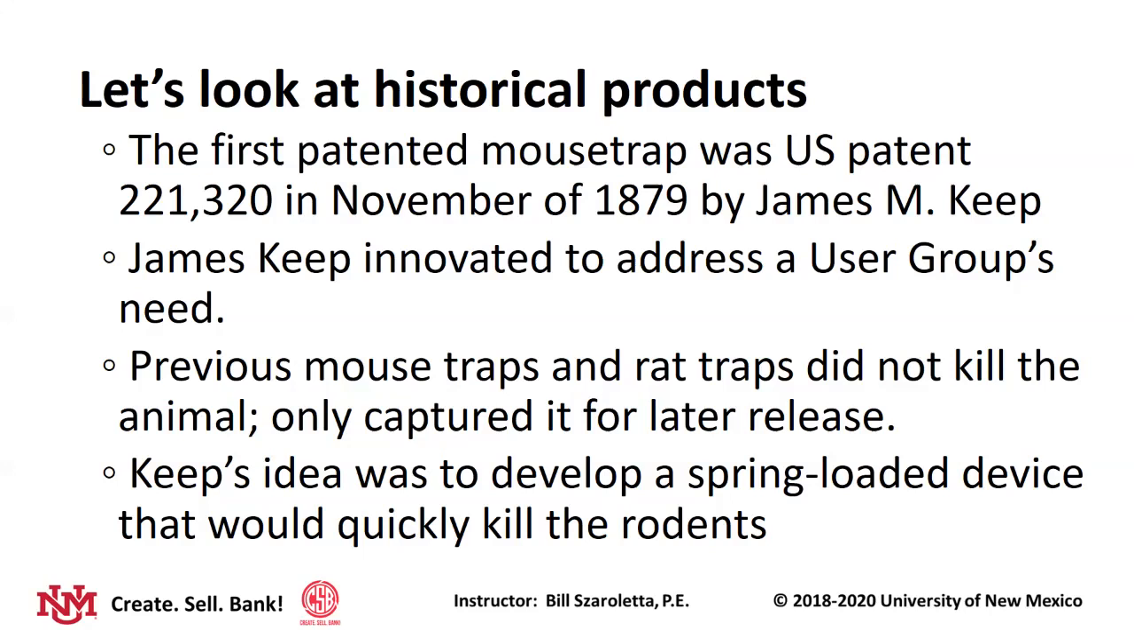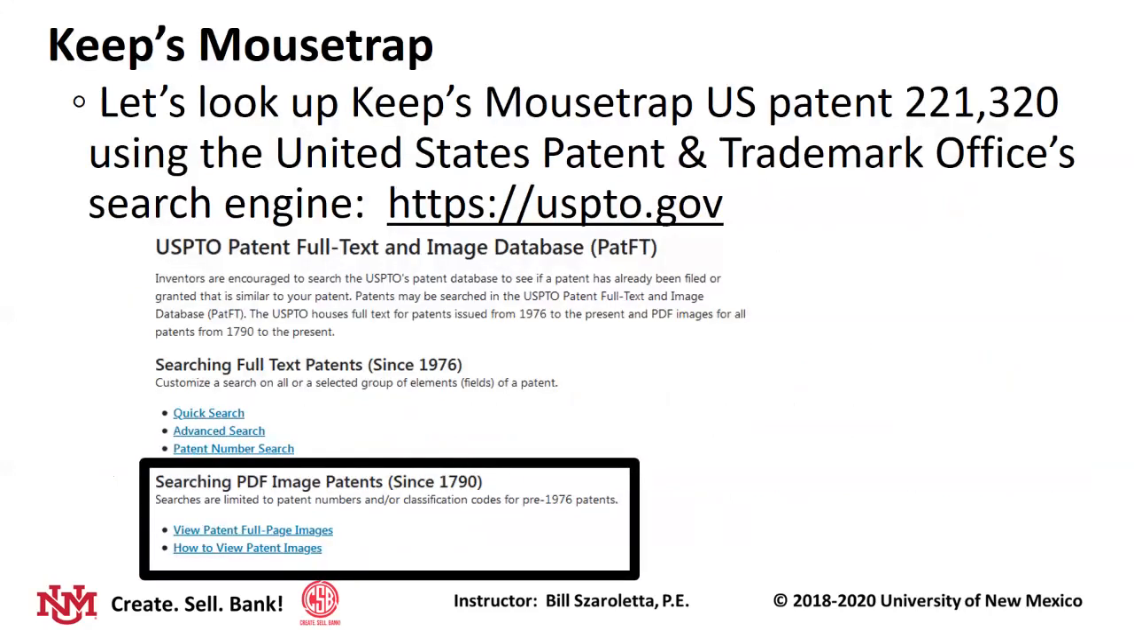M. Keep. Now, Keep innovated to address a user group's need. Previous mousetraps and rat traps did not kill the animal, it only captured it for later release. And Keep's idea was to develop a spring-loaded device that would quickly kill the rodents. So you can look up Keep's mousetrap, the 221320, using the United States Patent and Trademark Office's search engine, located